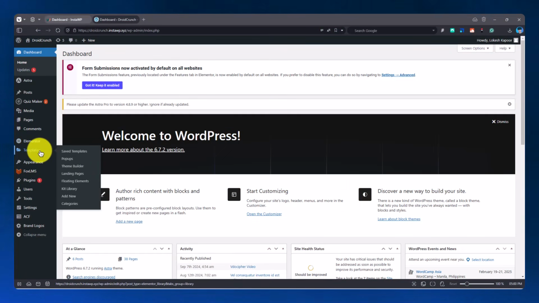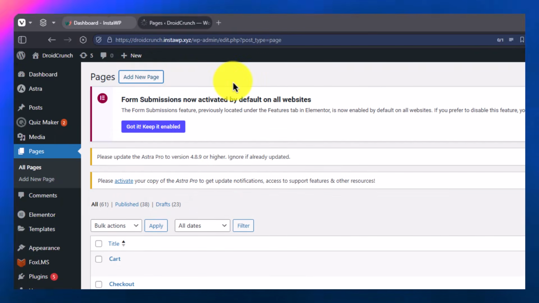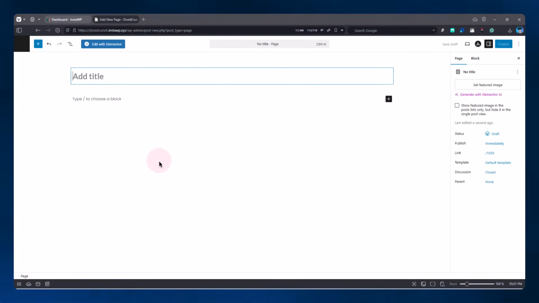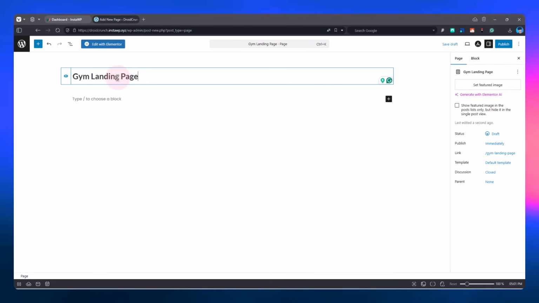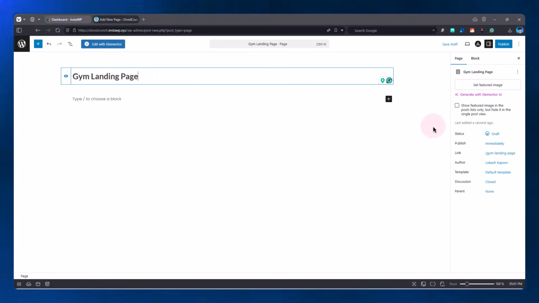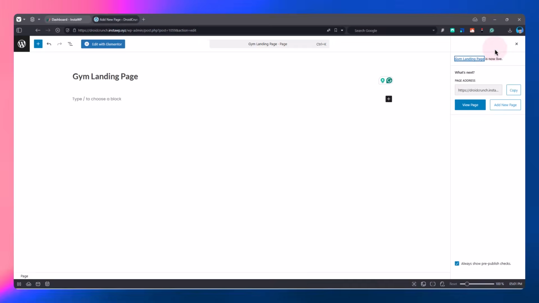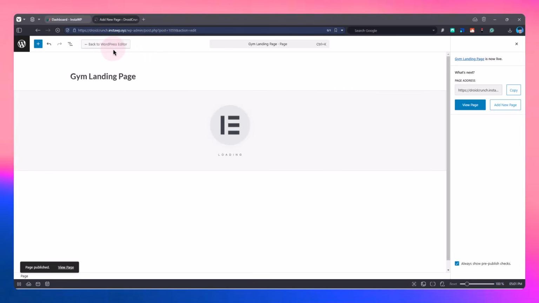So yeah, go to your pages, and I will create a new page over here. It is loaded but taking a little bit of time. Okay, and I will name it gym landing page, so that we understand it. Then I can publish it, or I can publish it later as well, but this is just a dummy domain. I will opt to publish it right now, and then we'll click on this edit with Elementor button over here,